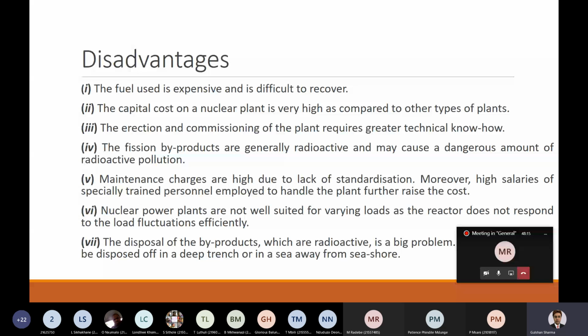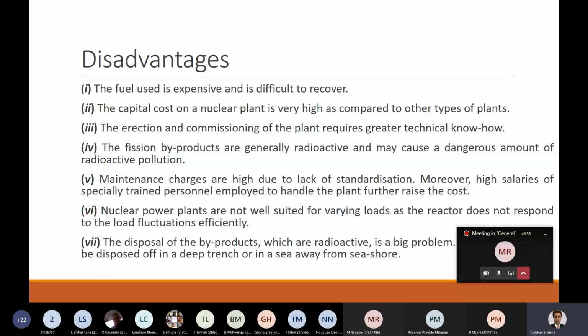Another thing is that nuclear power plants need very high technical know-how staff, well equipped designers as well as engineers who have very deep knowledge. And that is why the capital cost of a nuclear power plant is very high in comparison to other types of plants,